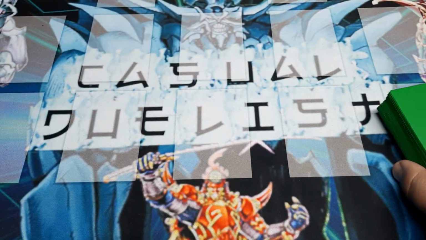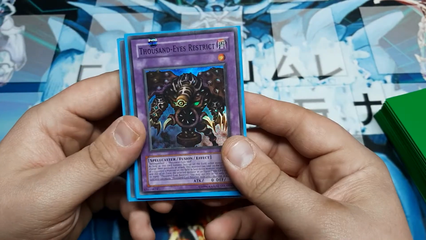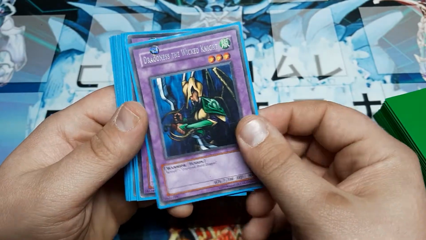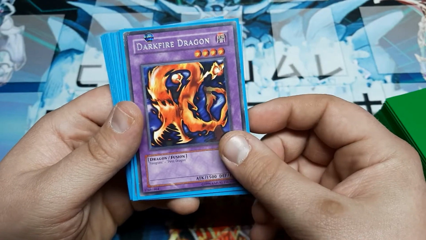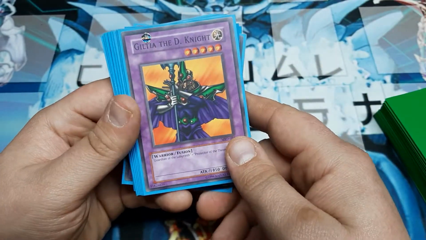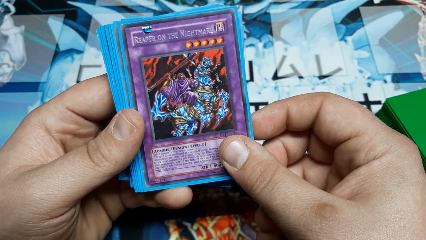Now over to the extra deck, fusion deck, and again, you guys get to pick and choose. Again, I just wanted to go and show like the best cards. Restrict dominated in this format. Dragoness was the strongest on 3. Flame Ghost was better for Chaos. Dark Fire was the 4 and also for Chaos. Dark Bolter was one of the best 5s, along with Fiend Skull. Guilty of the D-Knight on very rare occasions would help add another light attribute to your board. And Reaper on the Nightmare, excellent card in this